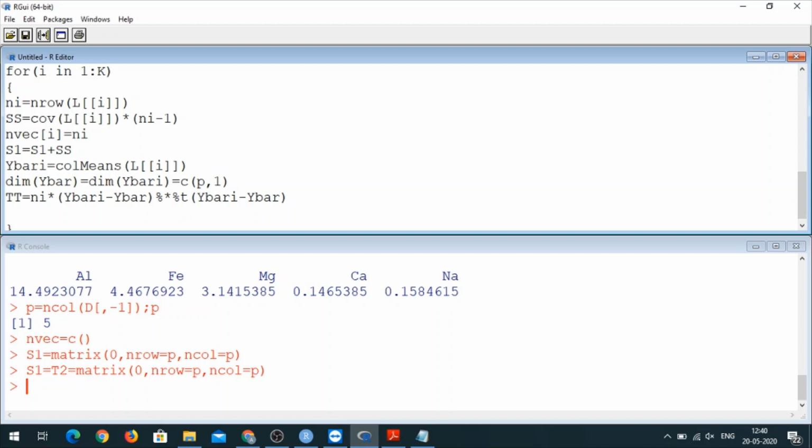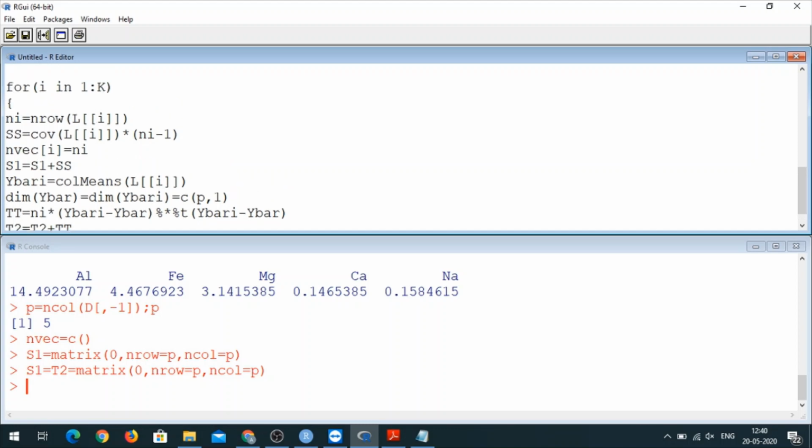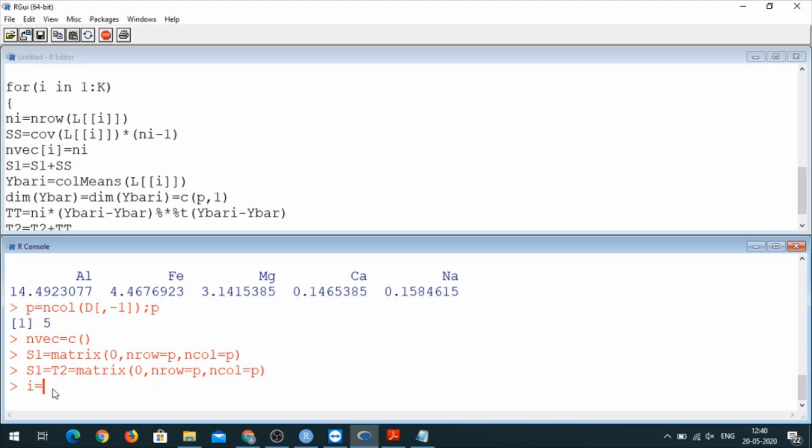This is TT, and this TT we are going to add to T2 every time. Let us print for one particular I, and then you will see.